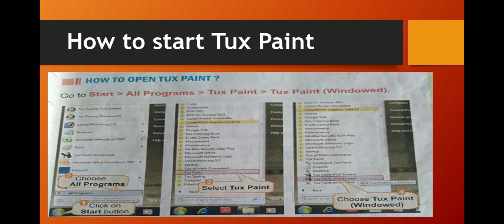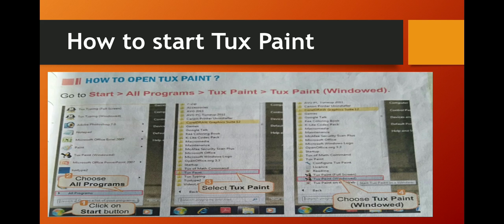Now we will see how to start Tux Paint. Means how we can start the Tux Paint program in our computer. To start the Tux Paint program, go to Start button, then select All Programs, then select Tux Paint and after that the Tux Paint window will open.